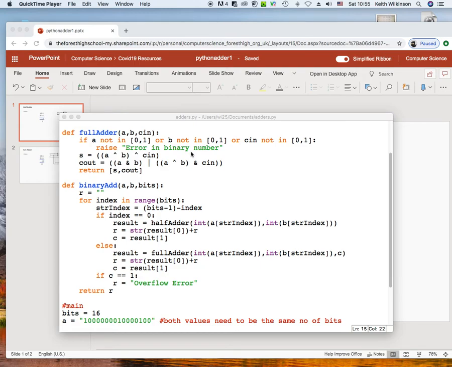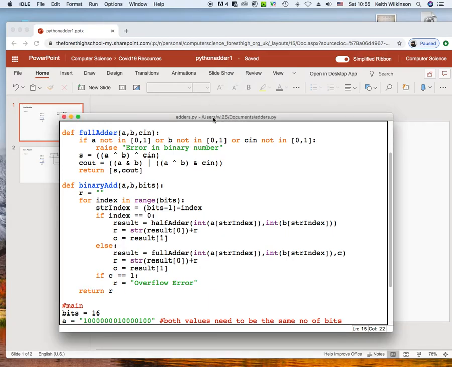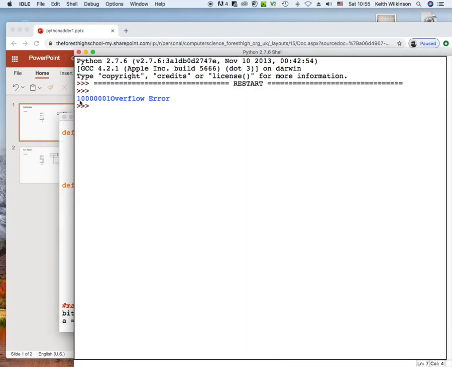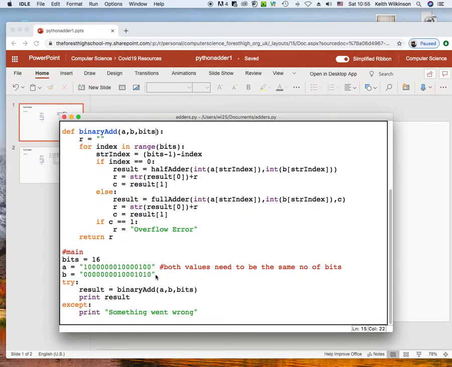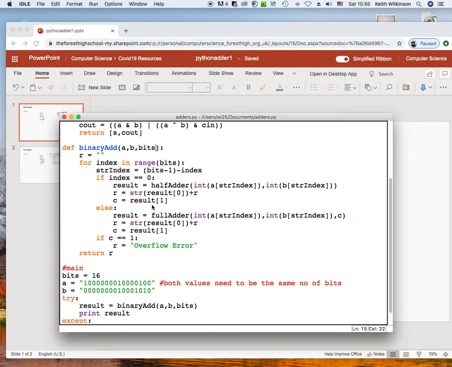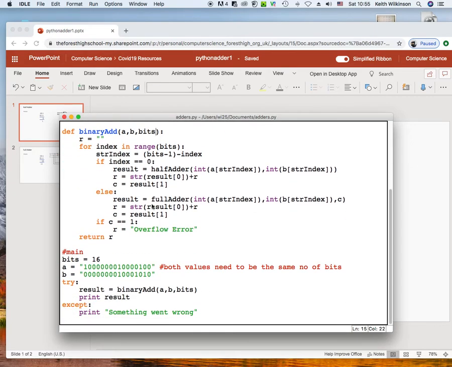Okay, one final video on this one at the moment. I've got a problem when I run my program because I tend to get a binary number and the word overflow error. Now, there's nothing wrong with the logic of the program. I've been through all of these lines. All the variables are fine, but actually it's this thing here, this if C, and the R is an overflow